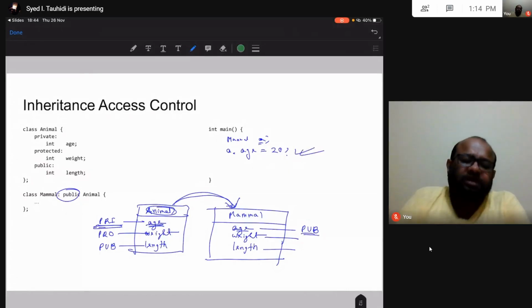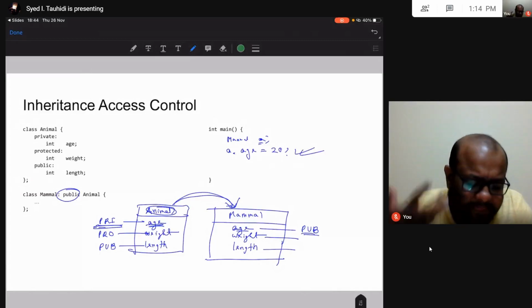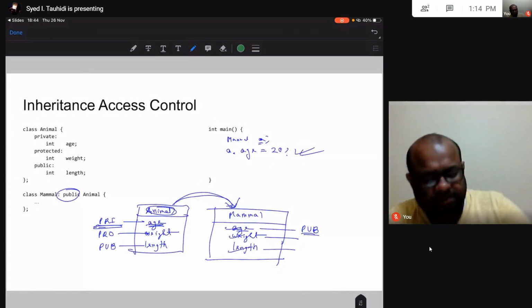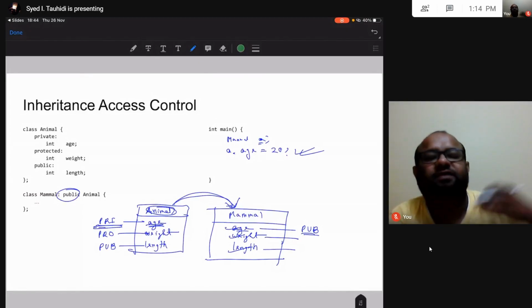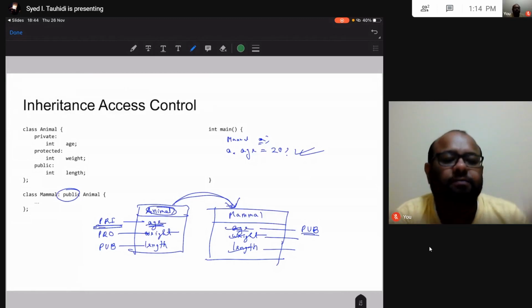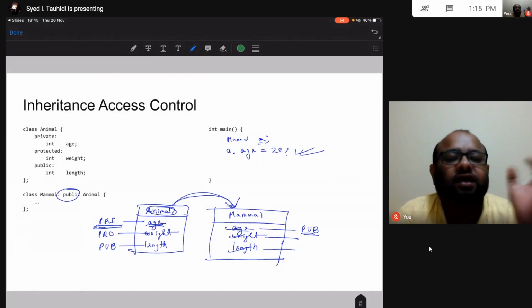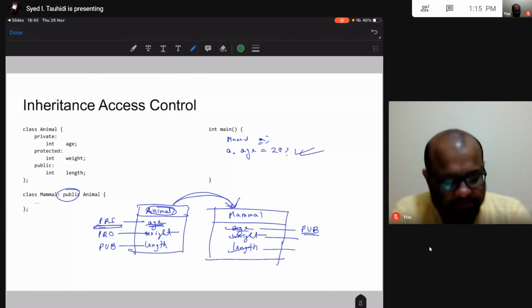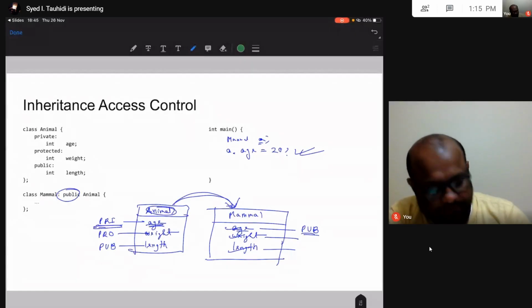Okay. So this is my question. What is the access of age, weight, and length, which were private, protected, and public respectively in the animal class, in the parent class? Now in this derived mammal class, what is the access specifier associated with each of these variables? Is age still private? Is weight still protected?